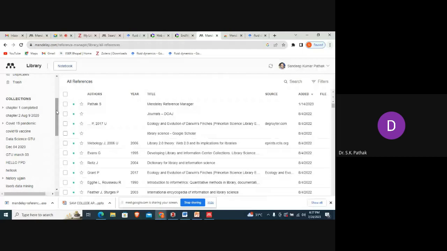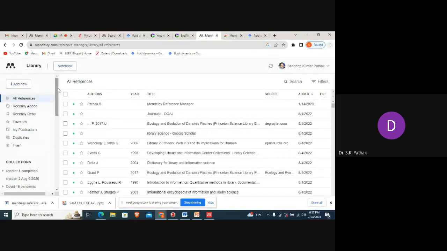Suppose, for example, I'm writing a paper on fluid dynamics and I need to start collecting papers. I'll create a folder for fluid dynamics. Otherwise, suppose you're working parallelly on 2-3 topics. Suppose you are a faculty member and you have 5 students working on different problems, so you need to create different folders, right? Or you are a student working parallelly on 2 different topics. So you go there and